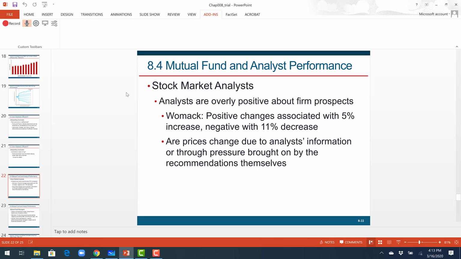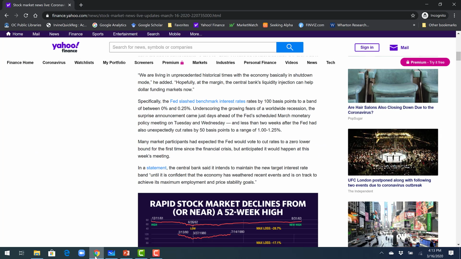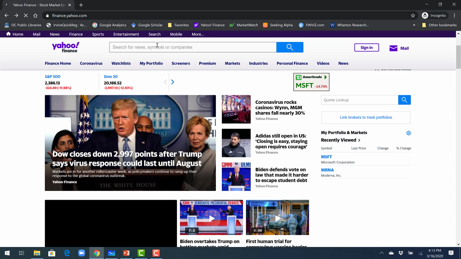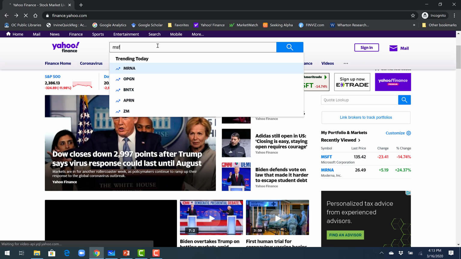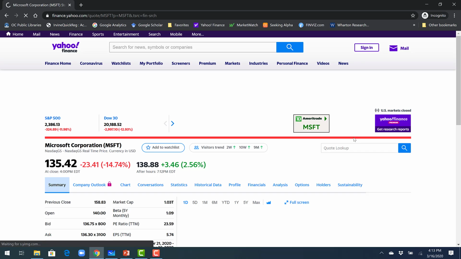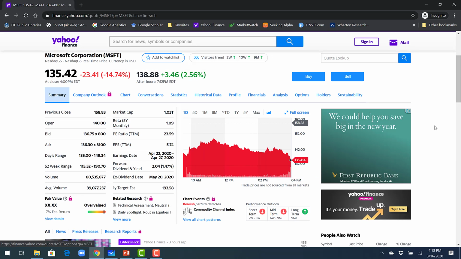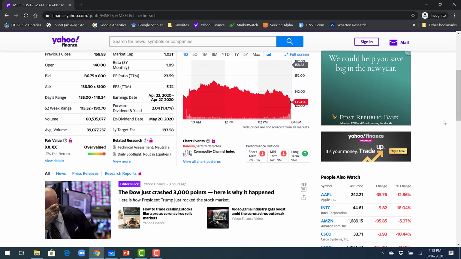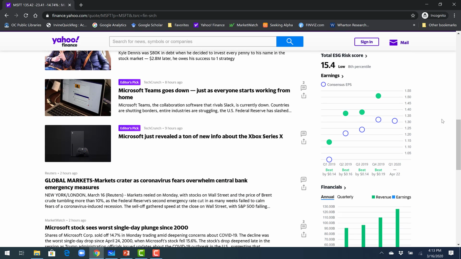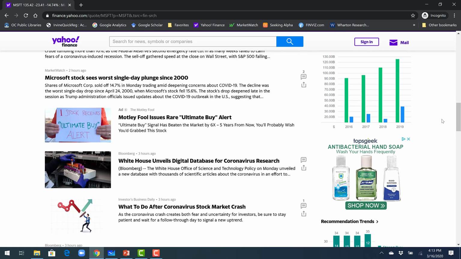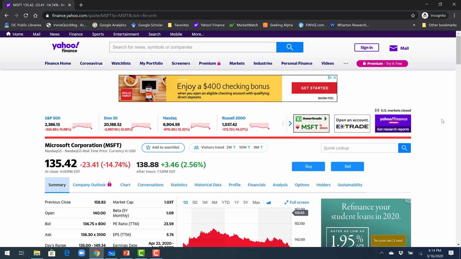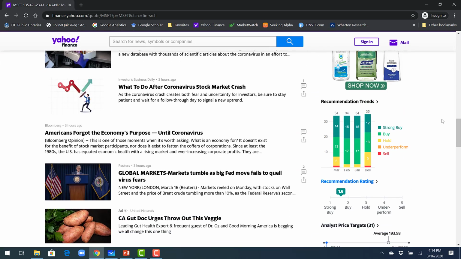So talking about recommendations here, let me actually show you something here on Yahoo Finance. Again, we can look at an example, going back to our Microsoft example again. So financial analysts, they basically analyze the companies, look at a lot of different things, and then come up with their forecasts and their recommendations, right? And what we are talking about here are analyst recommendations, right? So on this Microsoft quote page on Yahoo Finance, here you can see the